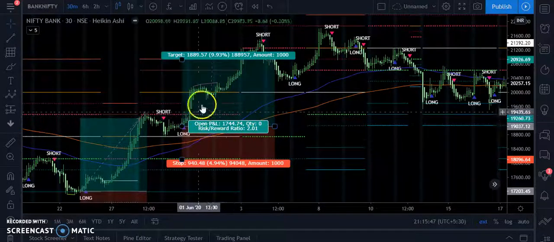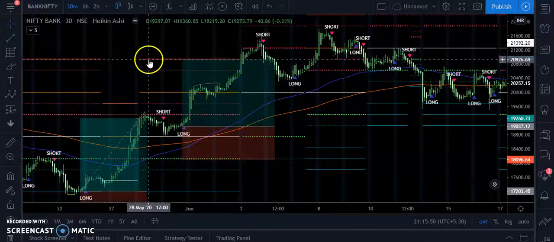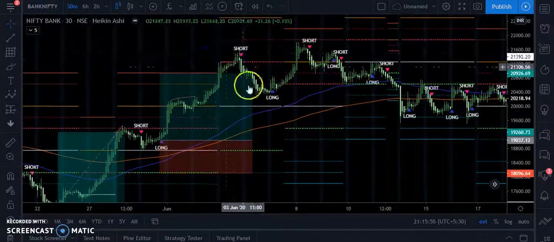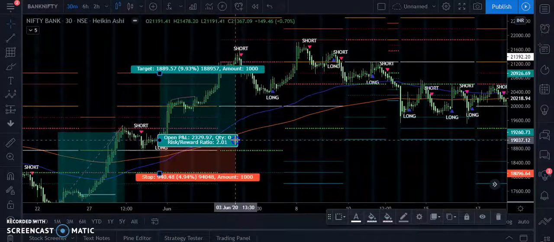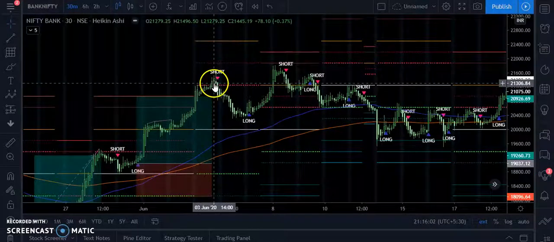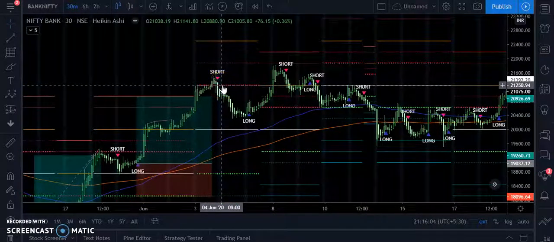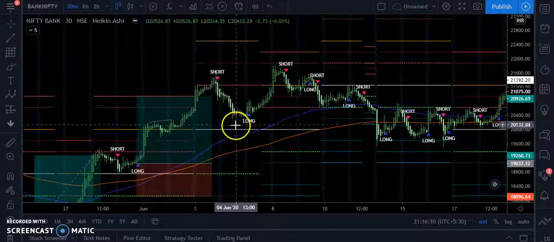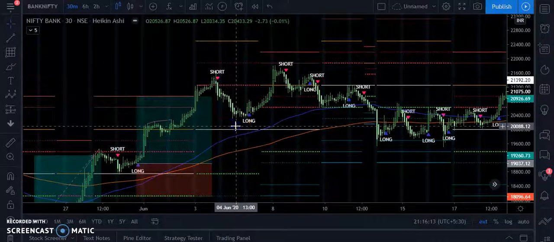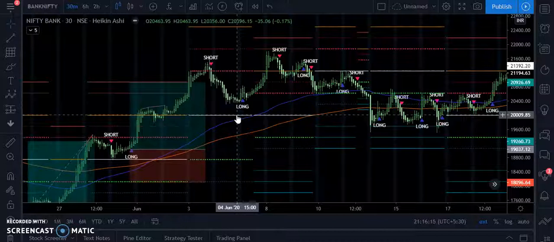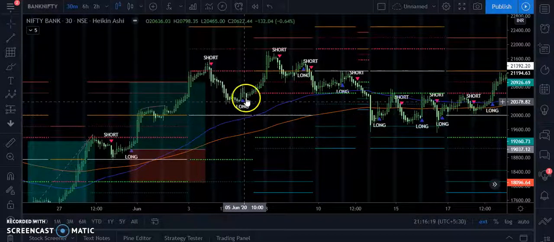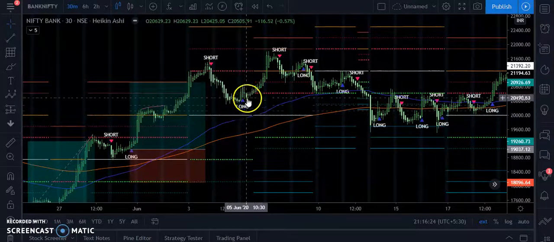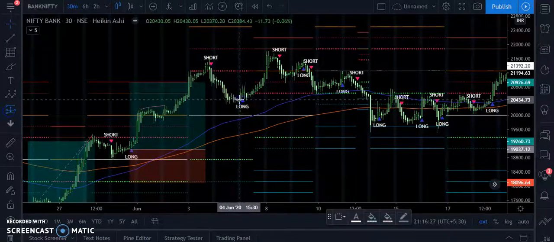As you can see, the price went and broke even this particular ultimate resistance line, and then it shot over it. So what you have to do again, since as I said this pink line can be a potential reversal line and we got a short signal, you should immediately short and wait for the price to hit this white line, which is a good support or ultimate support. Now the moment you see the price coming near the white line but it didn't hit the white line, and we got a long position, you should go for a long.